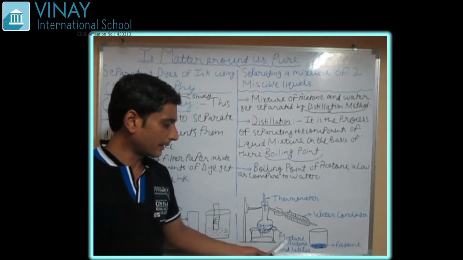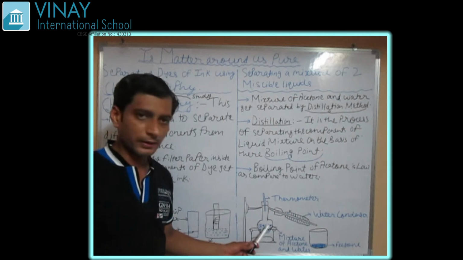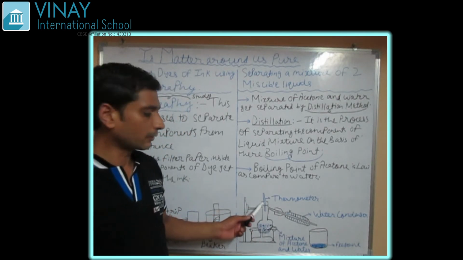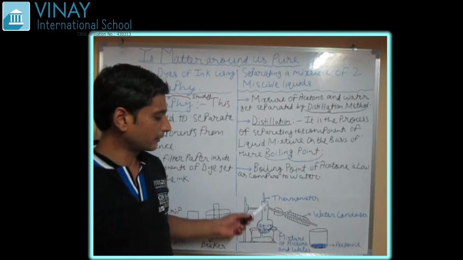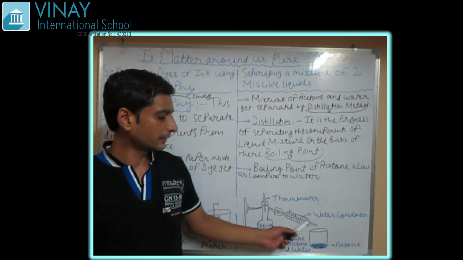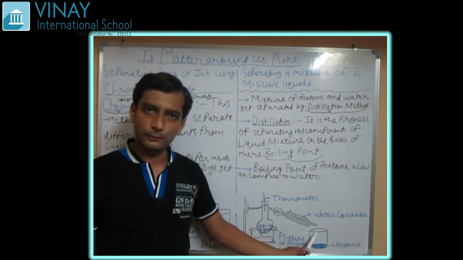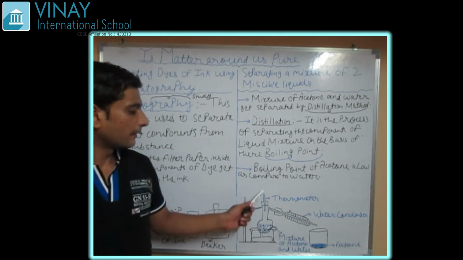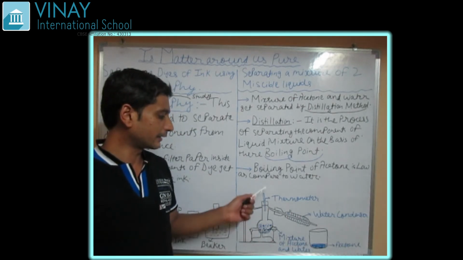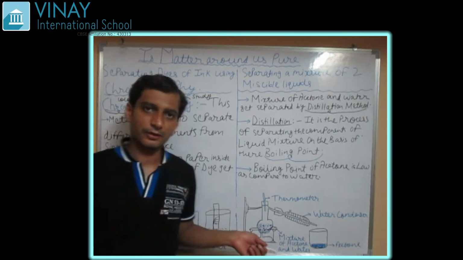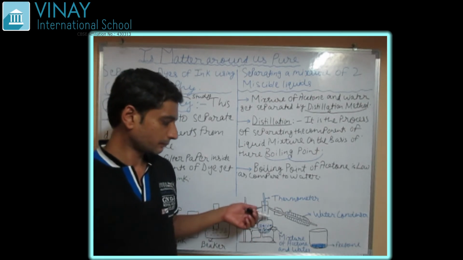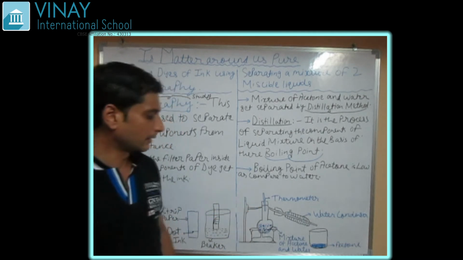In this, we have a mixture of acetone and water inside the distillation flask, and we have put a rubber cork here so that the gas does not escape from here. What we will do, we will try to pass this gas from this opening. We have put a thermometer here so as to check the temperature, at what temperature which of the solutions will start boiling. For this we need a thermometer.